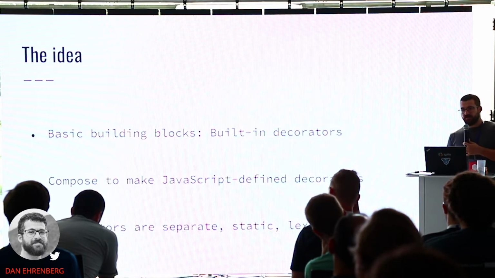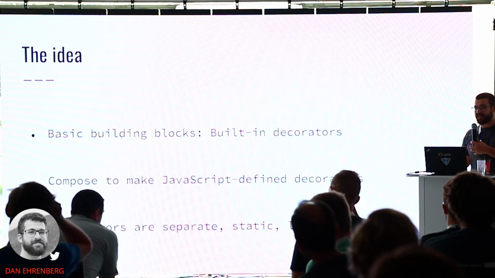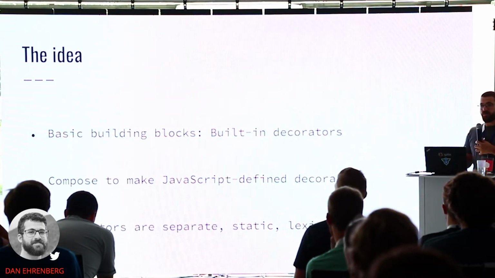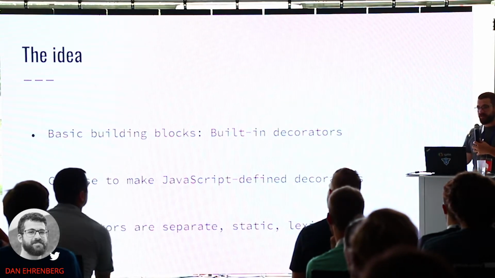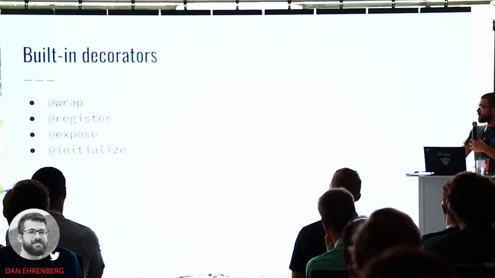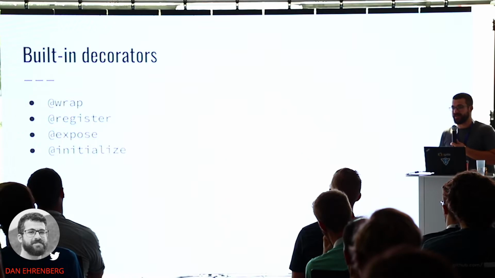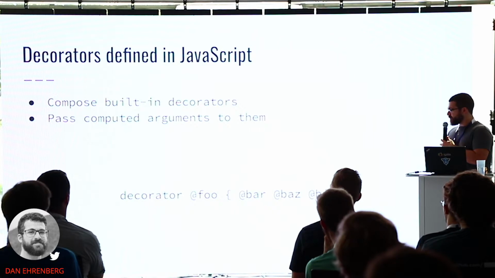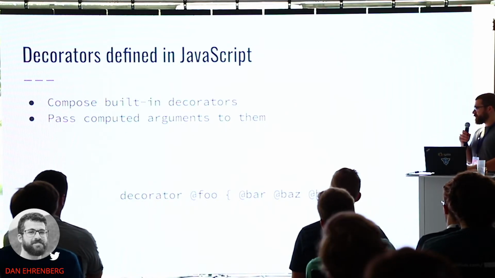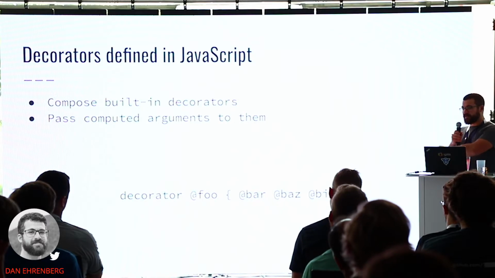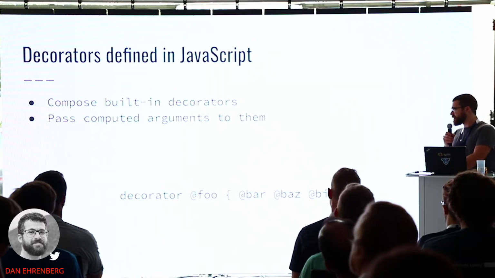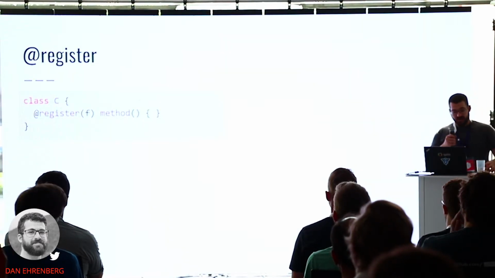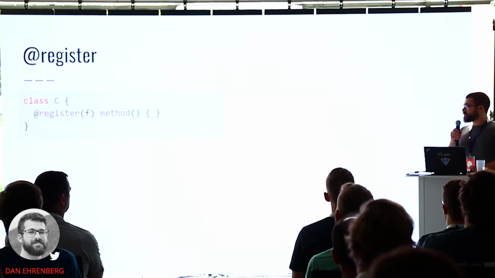But these composed decorators are more statically analyzable, because the engine can tell, when it's generating the bytecode or when it's transpiling, what the shape of the whole set of built-in decorators is. So there are 4 built-in decorators that are proposed, and there's this new syntax for composing decorators, where you can declare a decorator as being the composition of several other decorators, and you can pass arguments to these. So for example, the @register decorator takes a function which is a callback that gets called when,